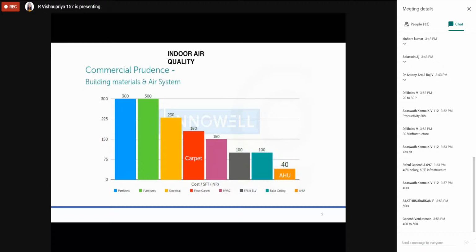I am covering this lighting part because it is linked with the indoor environmental quality. Indoor environment is the entire indoor condition. But in that indoor environmental quality, 80% is handled by the air quality, fresh air quality. IAQ is different, IEQ is different. Please understand: IAQ is indoor air quality, and IEQ is indoor environmental quality. IAQ is one part of IEQ.